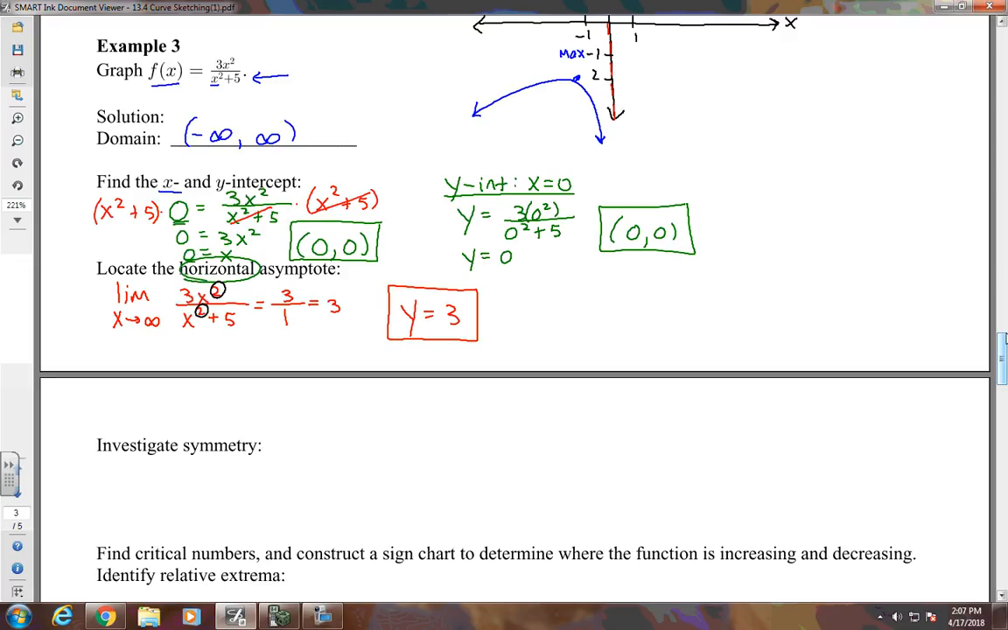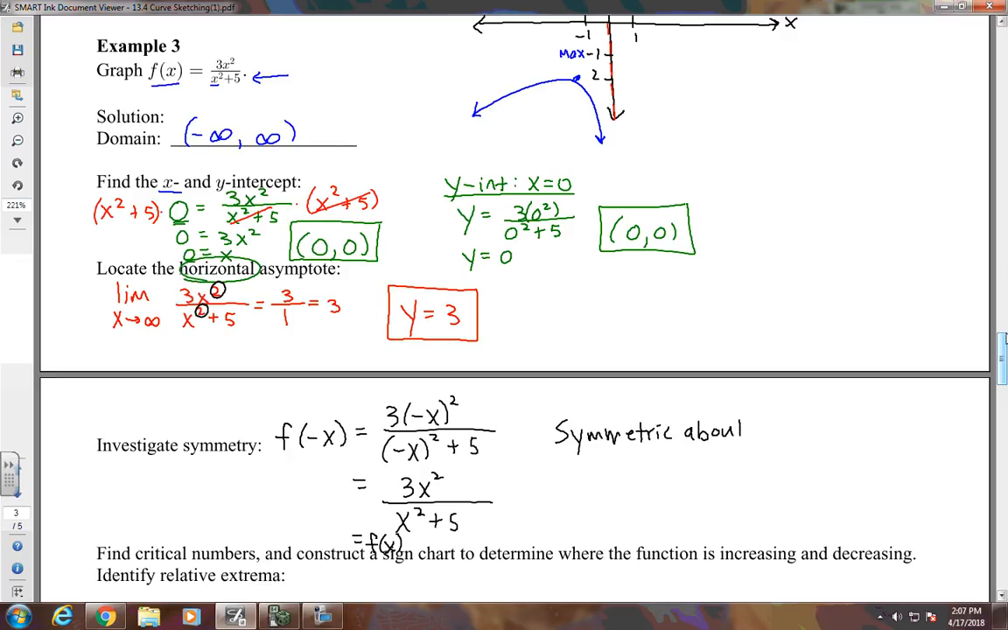Next, let's investigate symmetry. To investigate symmetry, I'm always going to start with f of negative x. So I'm going to replace all the x's in the original function with negative x's, and then simplify. In each of these cases, when we square a negative, it gives us a positive. So I can simplify. And I notice that the result is the same as the original function. This tells me that the graph is symmetric